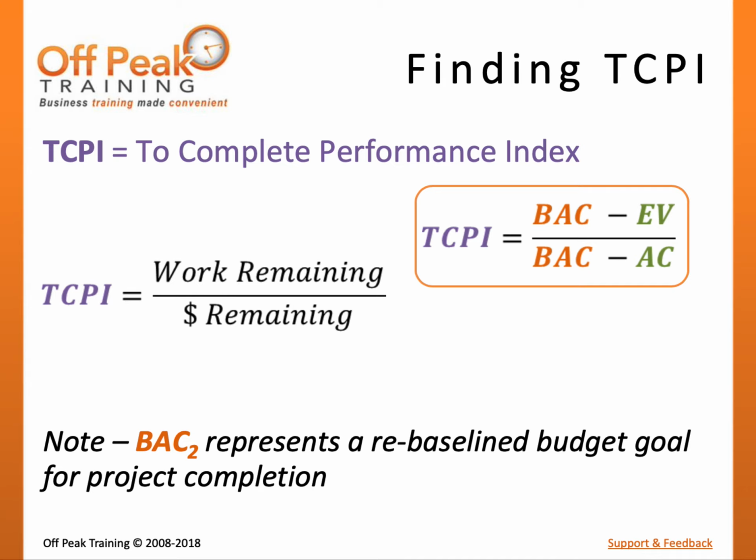It is worth acknowledging that some projects are not able to finish at plan. In these cases, we may choose to come up with a new project baseline that can be used as a target completion. In this scenario, the formula for work remaining stays the same. However, the formula for dollars remaining, an alternative budget or rebaseline budget, will be used. We have represented this by denoting a 2 next to BAC in the denominator. This notation should make this concept easier to understand.